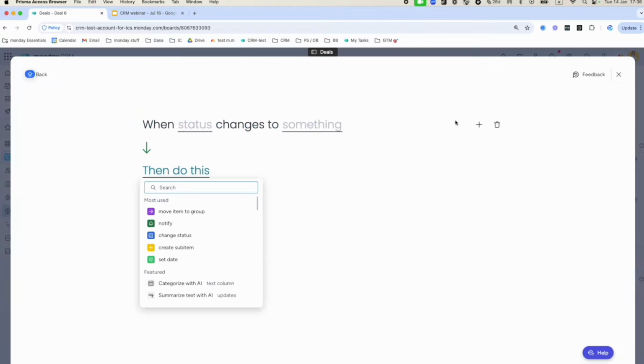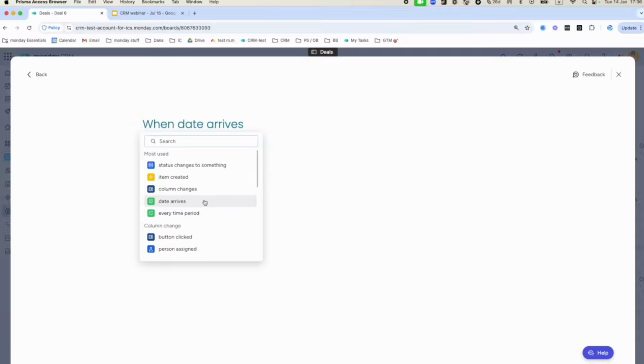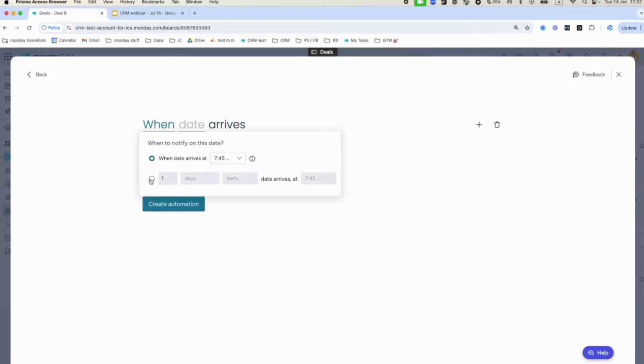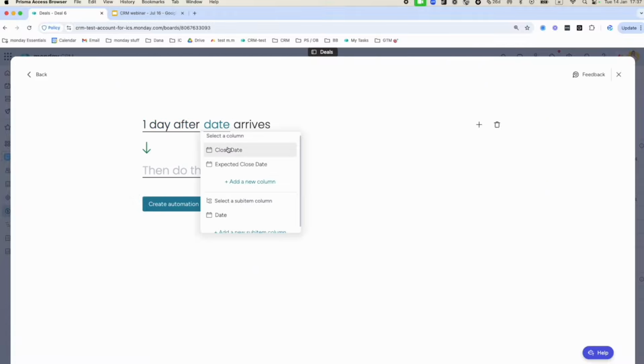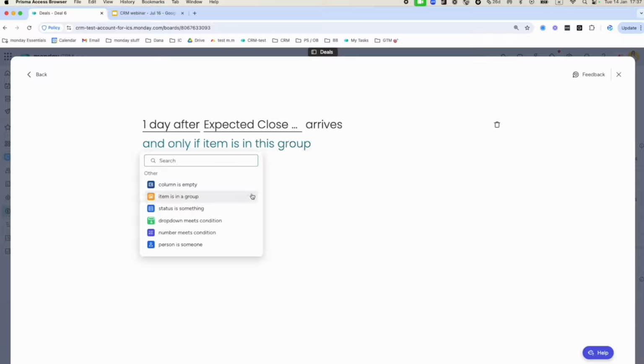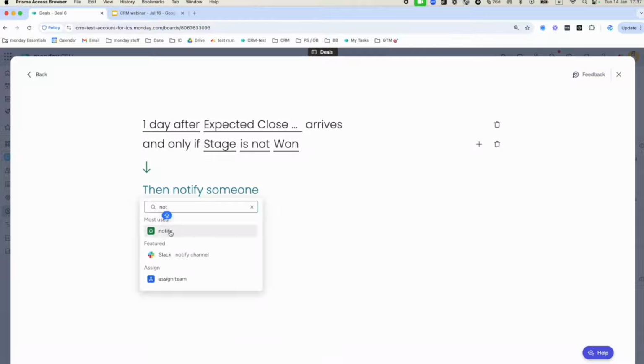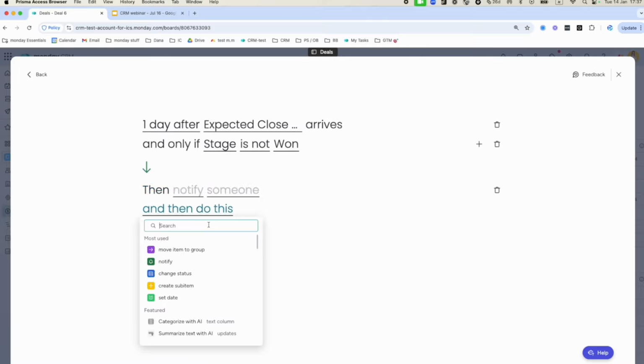You can set up conditions also. So when, for example, let's say maybe when the date arrives, so maybe I want to say before the date arrives or maybe after the date arrives. So maybe after expected close date arrives, and I can add a condition. So I can say after 1 day after expected close, but if my stage is not 1,